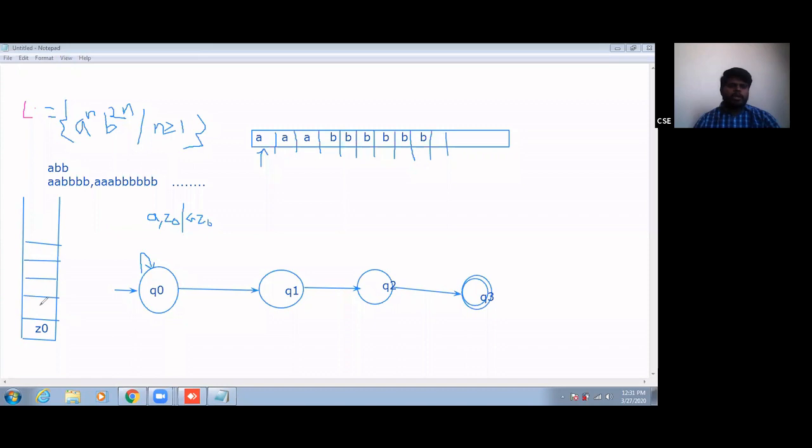So I have pushed one symbol, A, into the stack.